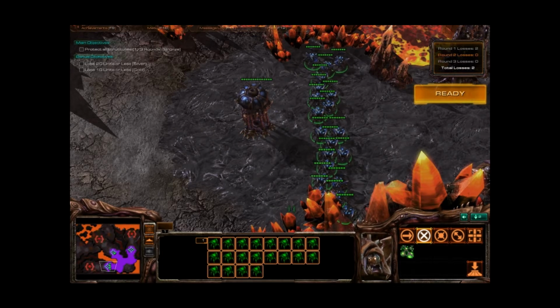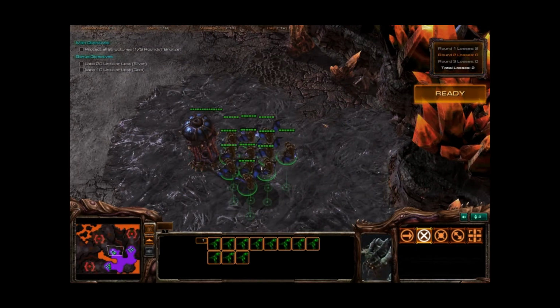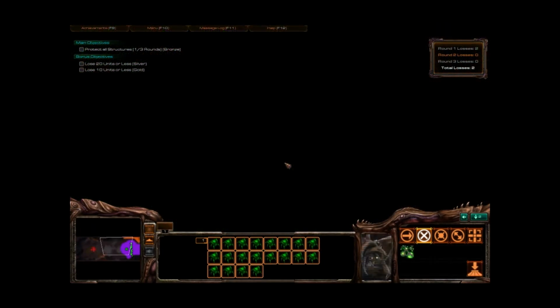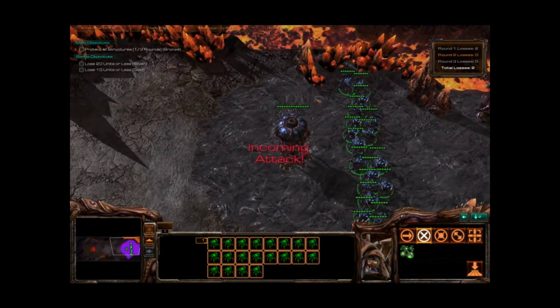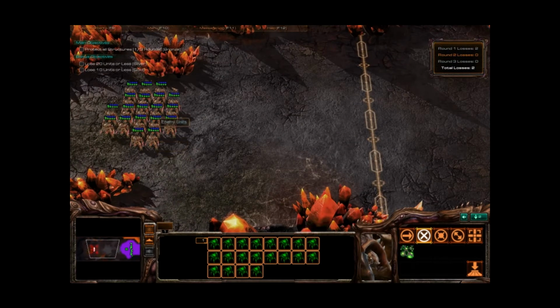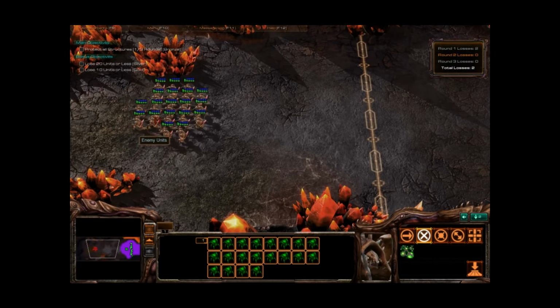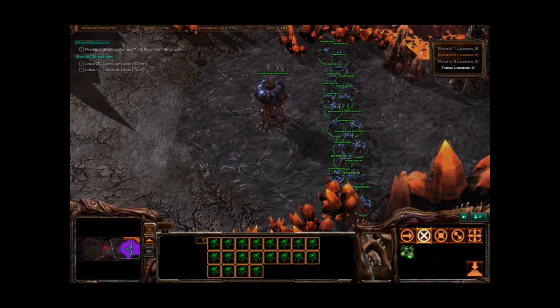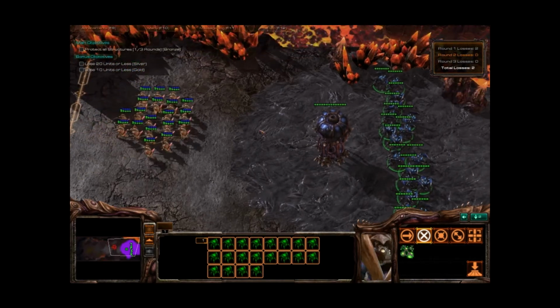So I have all my roaches here. As usual, you always want them on the creep. Obviously the mutalisks, this doesn't apply because they don't get a creep bonus, they're in the air. Now the roaches basically melt through zealots. Like, they do a lot of damage, like fire bat damage. They have more HP, and what you want to do is just burrow